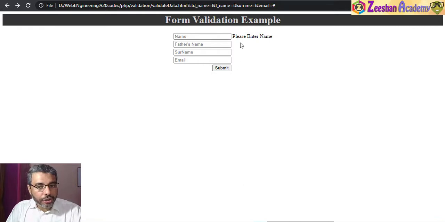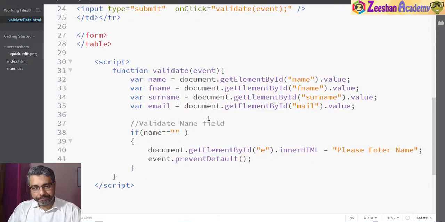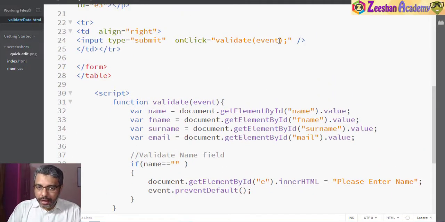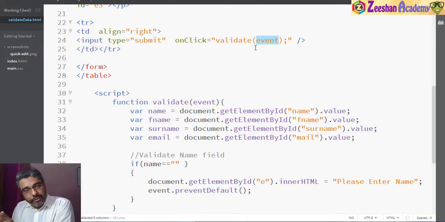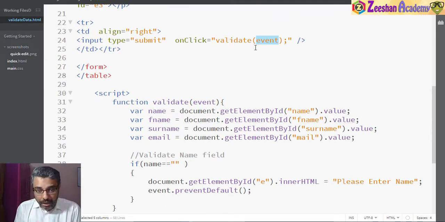Okay, now it is not switching to the test page. It is showing me the "please enter the name" error here. Why is it doing that? That's because we captured the event which was triggered, which was onclick. We passed the event to the JavaScript function, and once the JavaScript function received that event, we told it to do